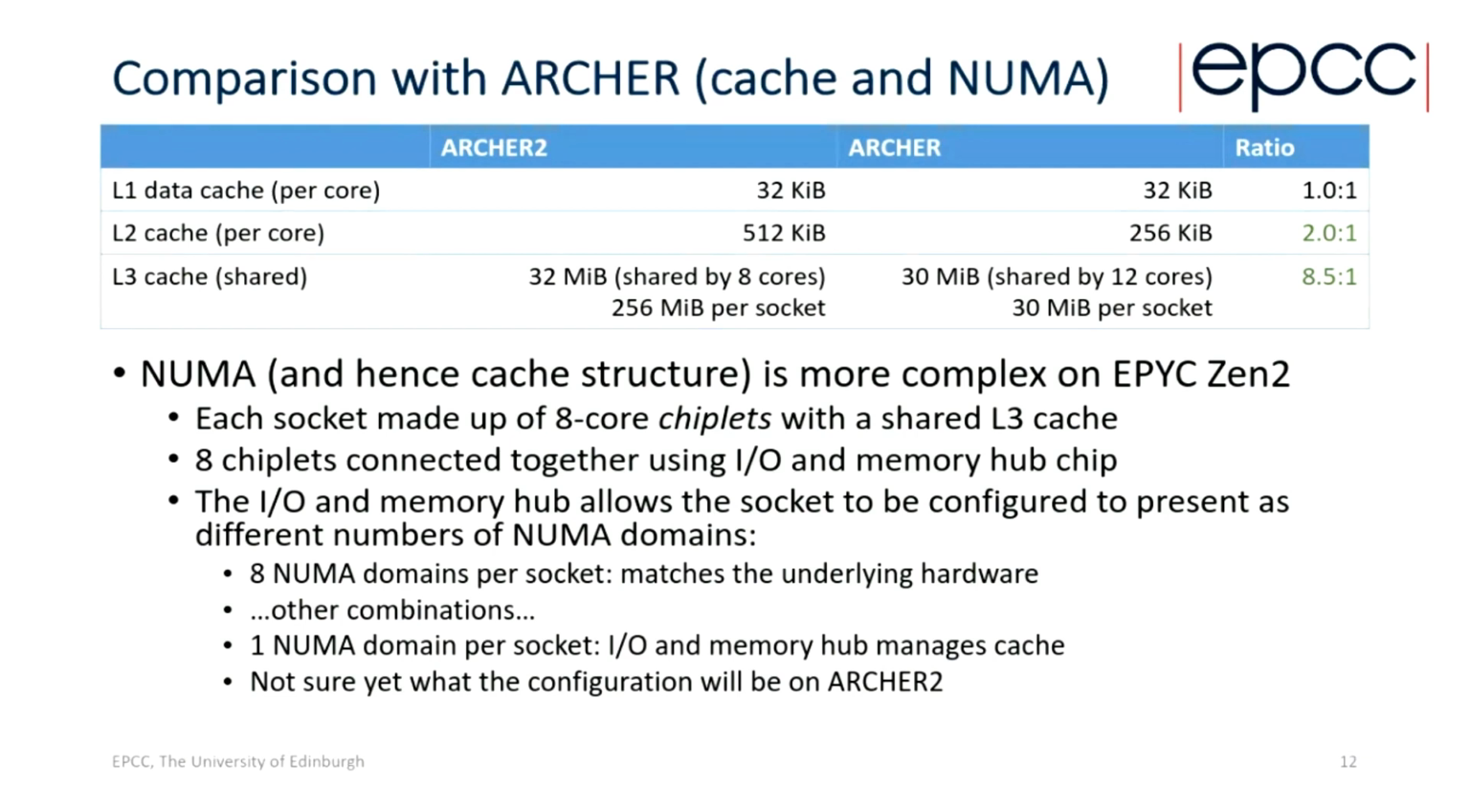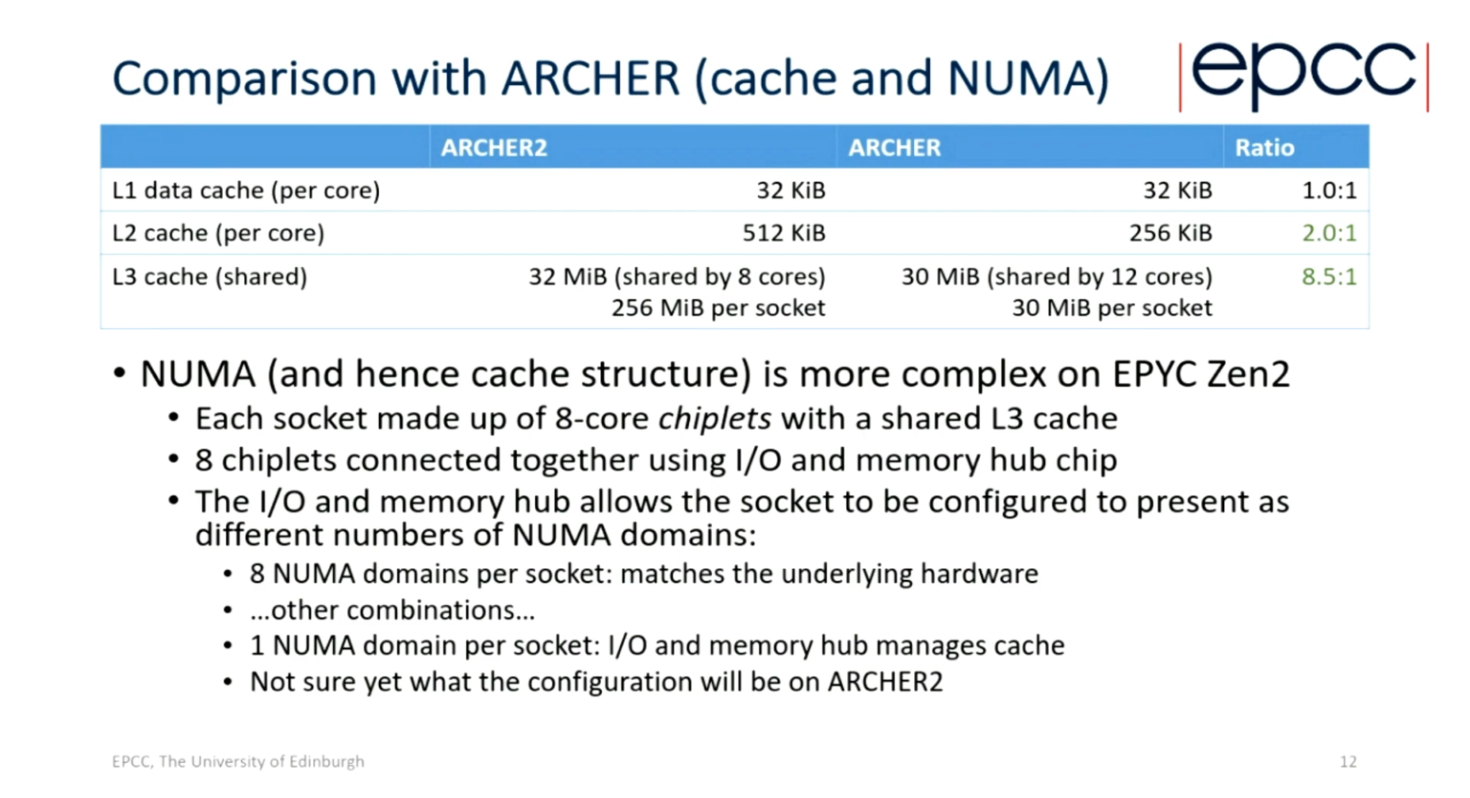But on the Zen architecture, each socket is actually made up of 8 core chiplets with a shared L3 cache. And these 8 chiplets are then connected together using what's called the Infinity I/O and Memory Hub chip. And this extra chip allows the socket to be configured to present different numbers of NUMA domains to the user. So you could have 8 NUMA domains per socket, which matches the underlying hardware very well in terms of 8 core chiplets, but potentially it makes it more complex to get the placement right, to get the right performance out of the system. There's various other combinations,